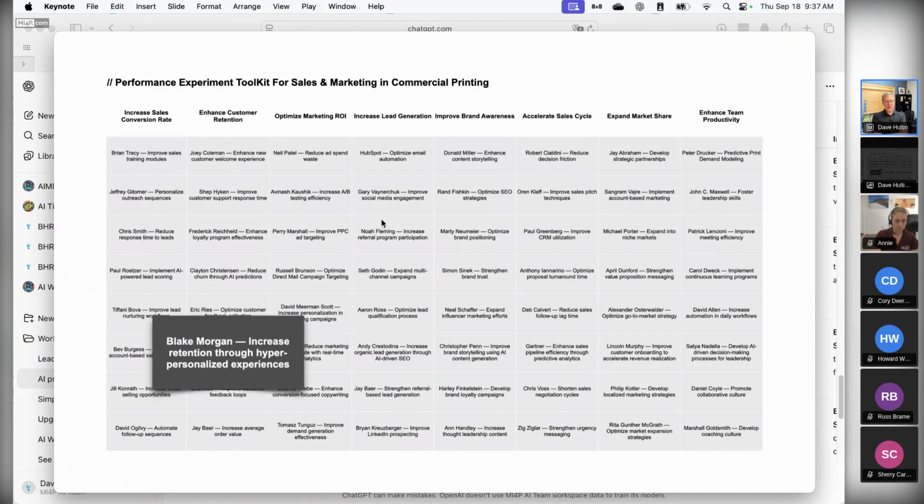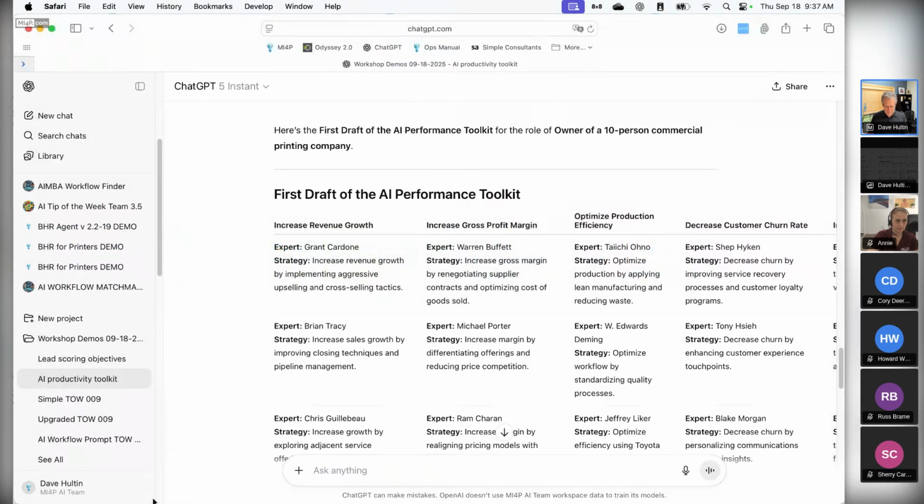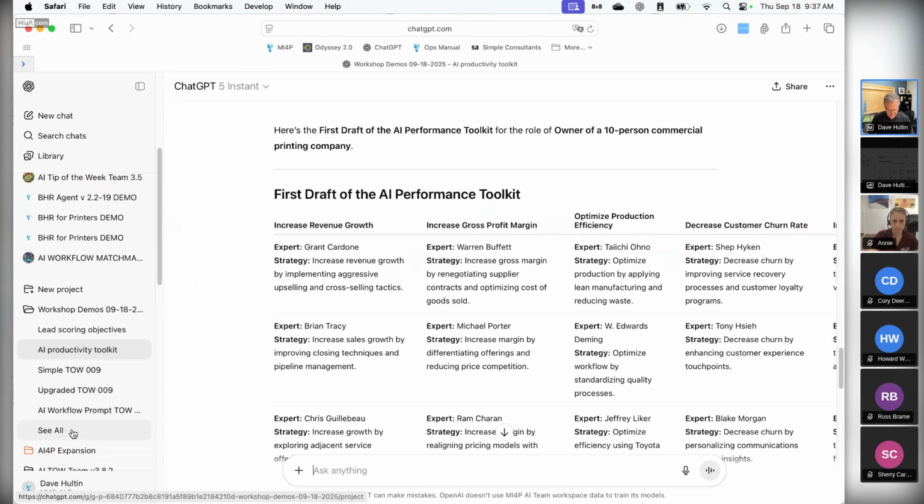So we are now going to look at the Performance Experiments Toolkit within the AI workflows for sales and marketing and commercial printing. And the toolkit on my screen is ready for you to use in this Performance Experiments Toolkit. Again, with the scholarship, you can learn how to build your own AI workflows as well. But let's try this one out. In this case, I'm going to use the pre-run one because we've already seen an AI workflow in action. But let me go back into,